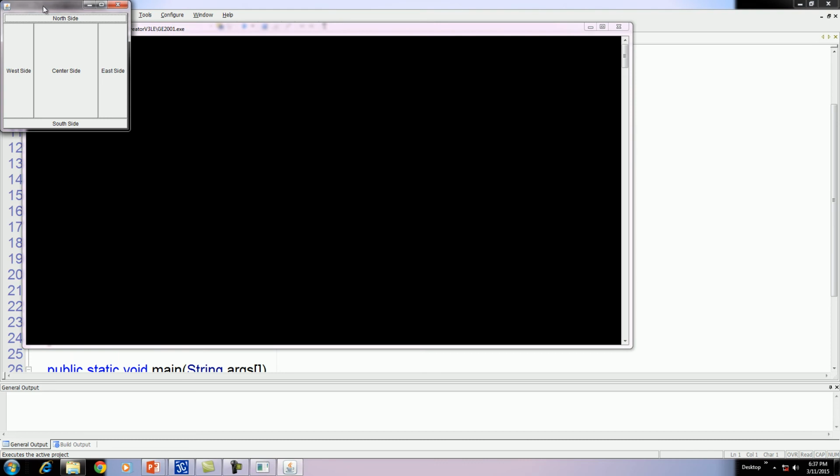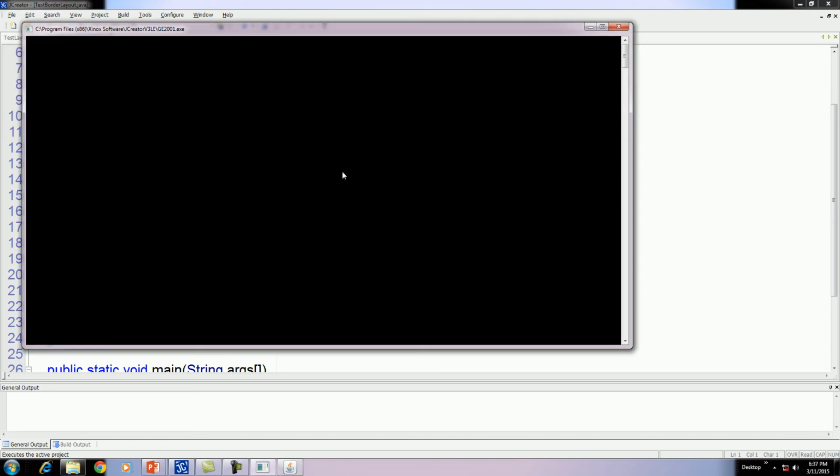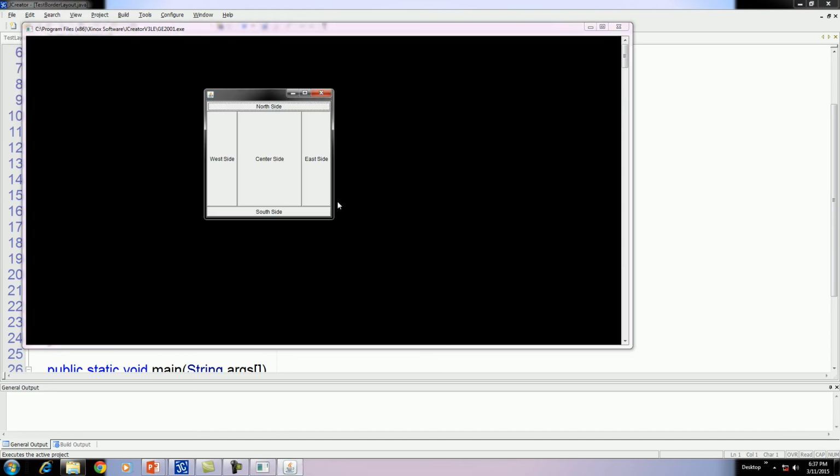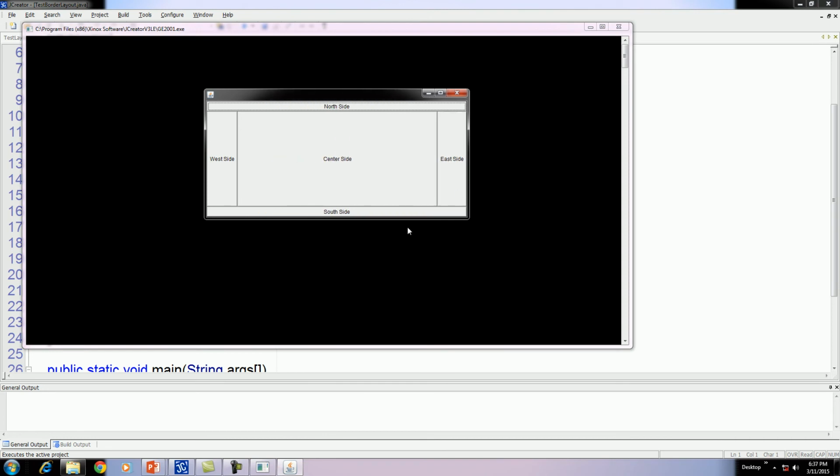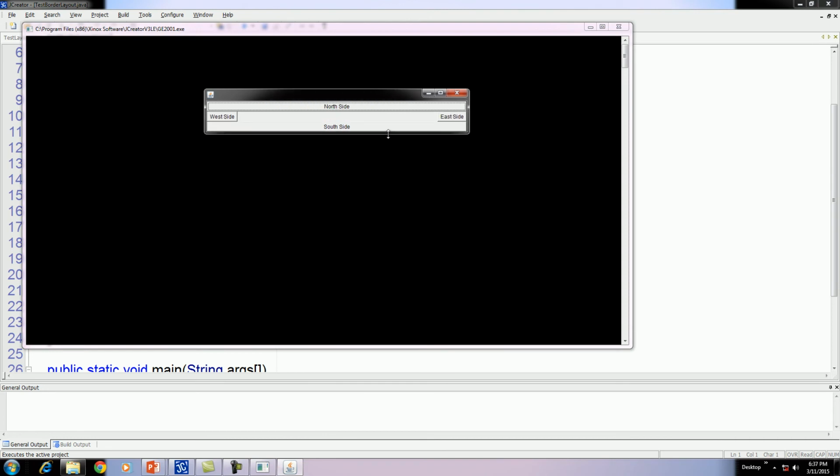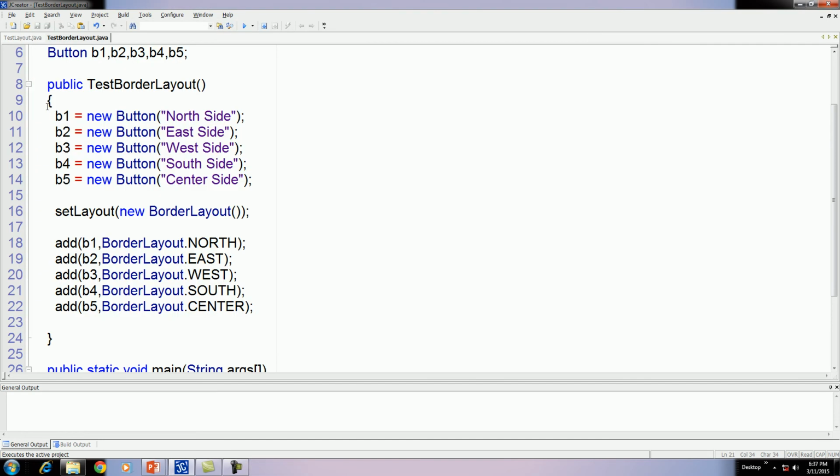Okay. Now here is the design. If again you resize this frame, then also these controls are fixed. Okay, like this you can place your control by using appropriate layout. You can also use multiple layouts at a time.